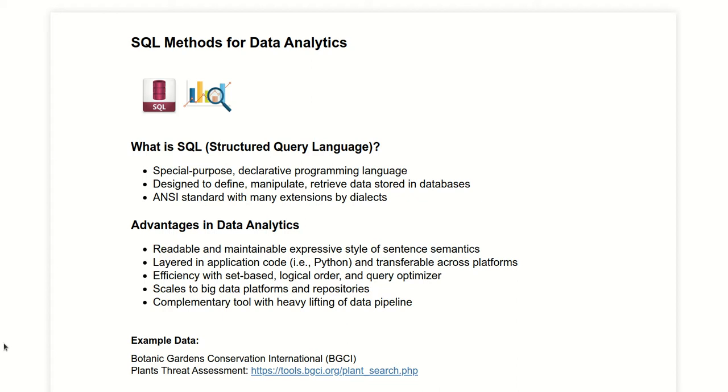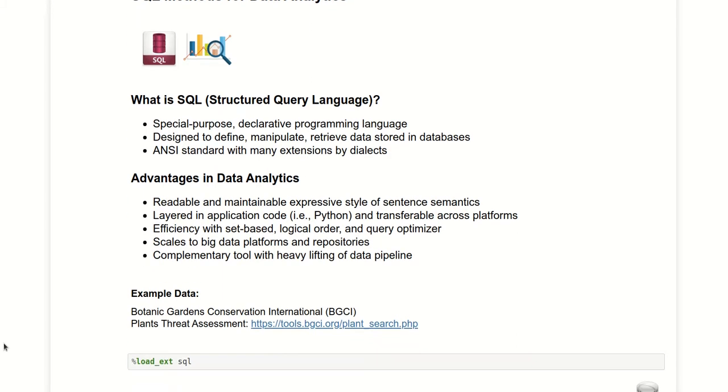Again, its primary focus is the relational database, data warehousing aspect. And as mentioned earlier, it can be used as a complementary tool within the data pipeline, doing a lot of the heavy lifting. A lot of people make the comparison Python versus SQL. But really, it should be Python and SQL. You can use both together in the data analytics space. And so I hope to use this video to show many of the advantages of using SQL in the